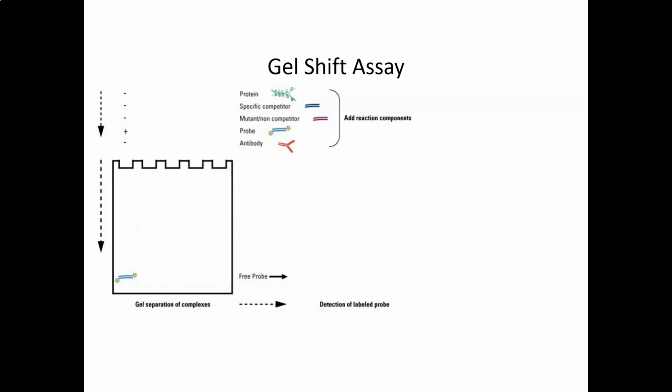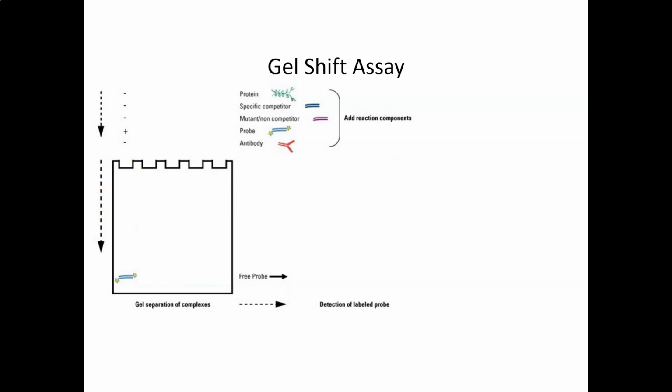We could do it immunologically with antibodies or chemically with some kind of conjugated enzyme. Any way that we can make this probe visible, we can use for this application. And what we can do is add that probe to the well of a gel. We can perform gel electrophoresis, run that gel, and we would see that that DNA probe